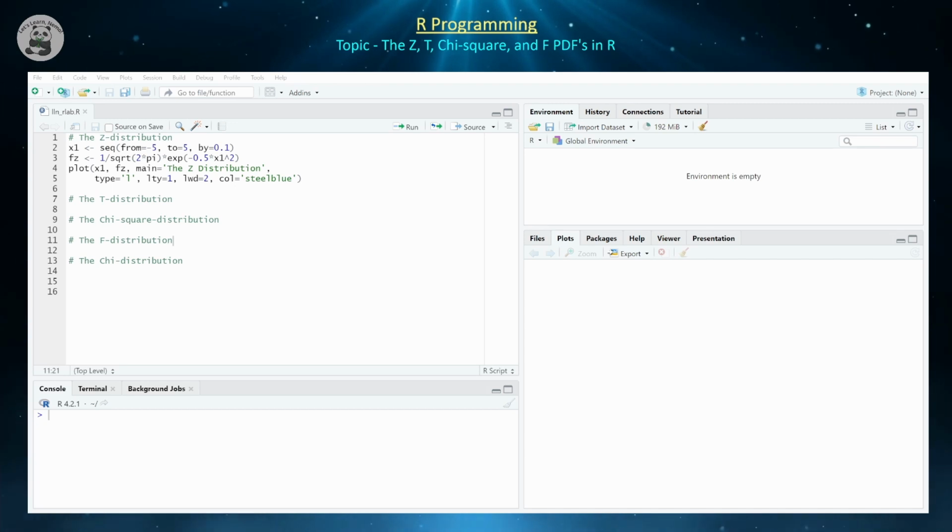Today we're going to be introducing and going through some of the basic calculations in R associated to 5 of the most commonly used probability density functions that are often used in hypothesis testing. Those are the z, t, chi-square, f, and chi distributions. Just as a heads up, the z, t, chi-square, and f distributions do not require any packages to be installed in the base system of R, but the chi distribution, on the other hand, does require some packages to be